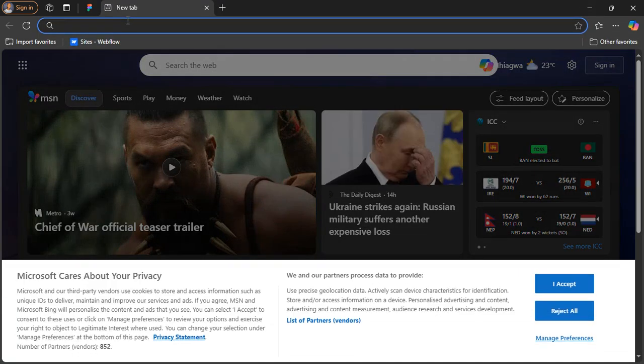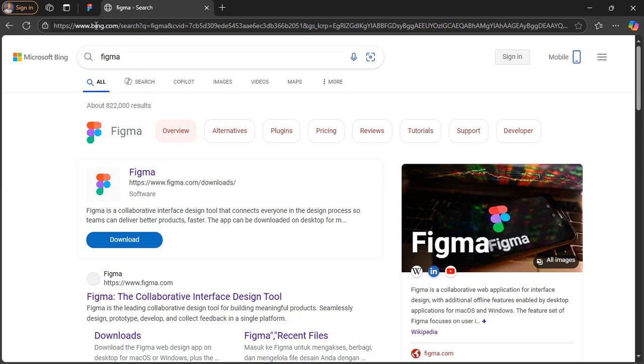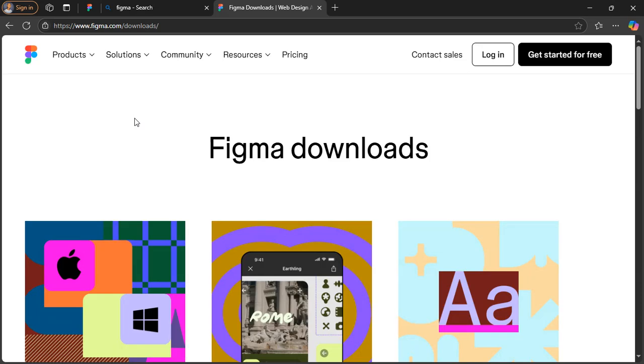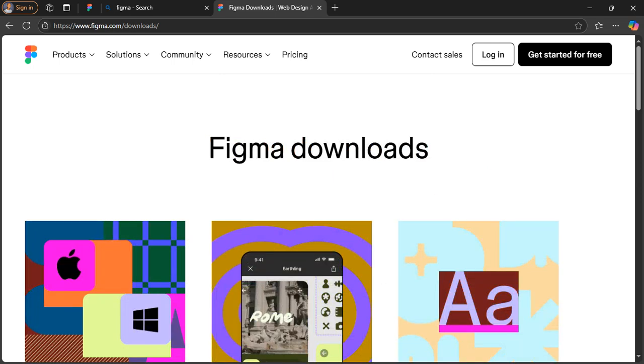You just go to your browser and search for Figma. You scroll and look for Figma downloads. And yeah, there's a desktop app for macOS, Windows, and the rest of them, mobile app and phone installers. That's for that. Let's go back to